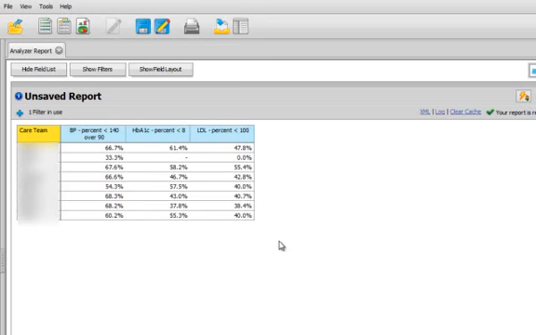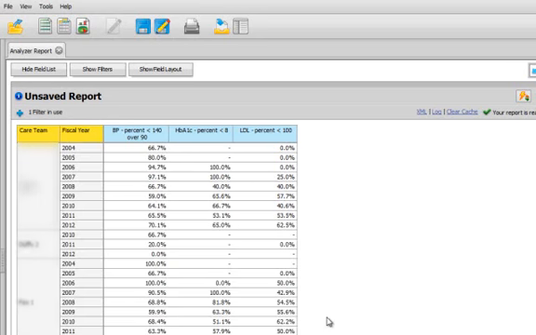But the first question that would come to my mind is, well, what time period are we talking about? Because we probably want to focus on those patients who are in our population now. So let's take a look to see how many years are here. So we can drag the year over next to the care team and drop that in. Well, we see we have some data that's pretty old. So we have data back to 2004 here, and that's probably not that useful for an analysis of our current